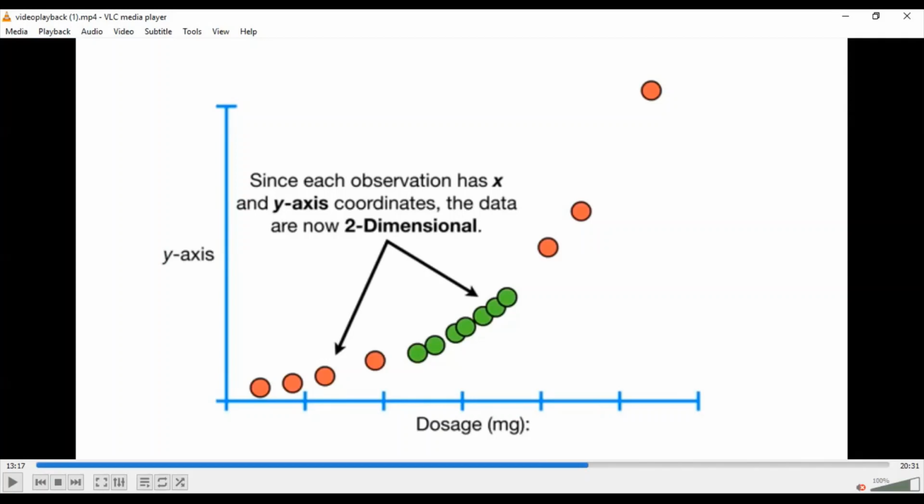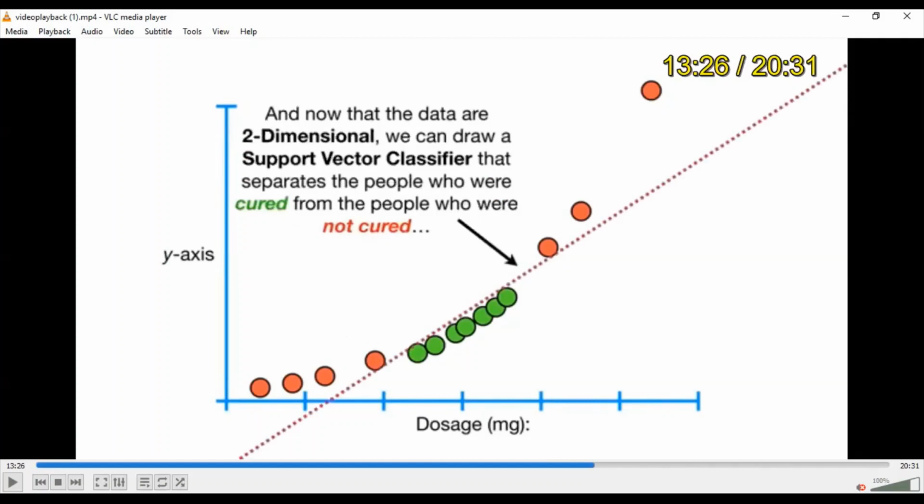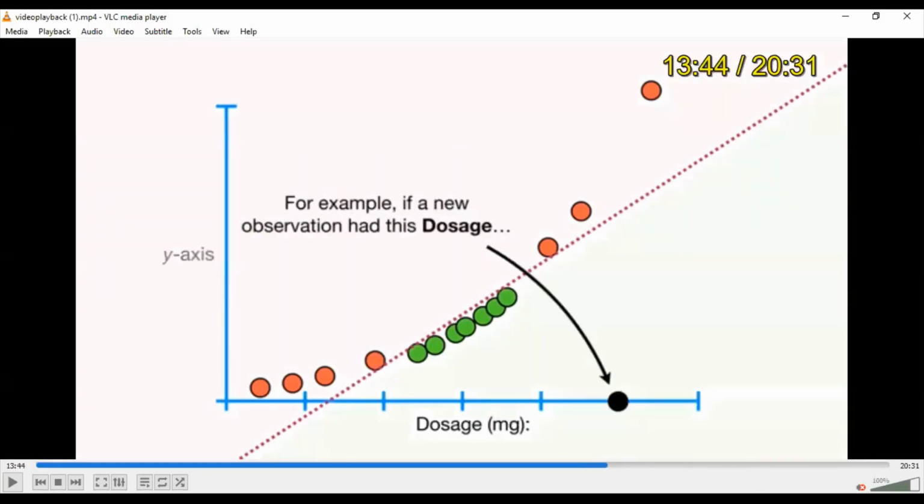Now if you try support vector classification here, it's possible. Just imagine we again have a single line which classifies your data properly, but it was not possible when it was on a single dimension. So we made it two dimensions and then we classified it. That's what a support vector machine is. Support vector machine is equal to increasing the dimensions of your data plus support vector classification. As simple as that.